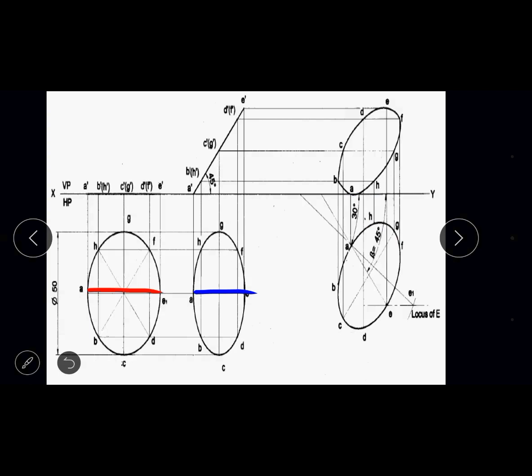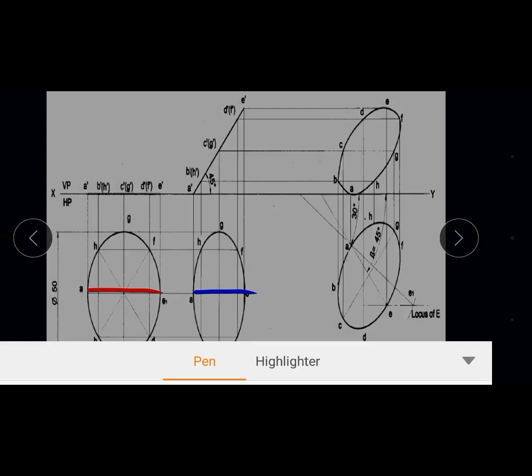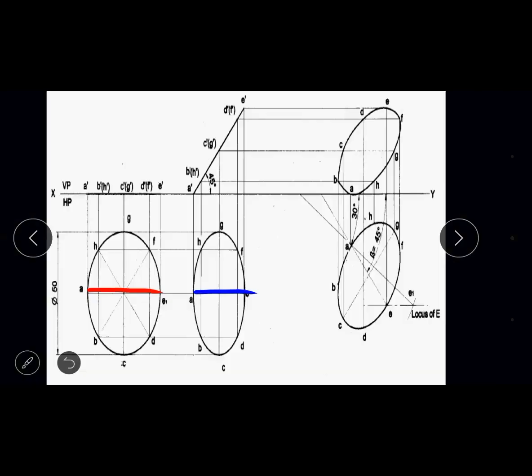Now to start with, in your sketchbook you should measure the dimension of the median of the regular lamina, that is the line AE1, the red line, and then also measure the median of the irregular lamina, that is the line AE, shown in blue color. Once the dimensions are available, you can start with the third step. First you have to define the 30 degree line. The given 30 degree line is constructed as shown in the figure.